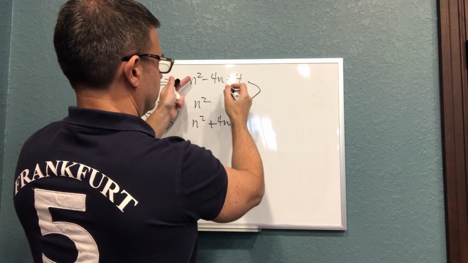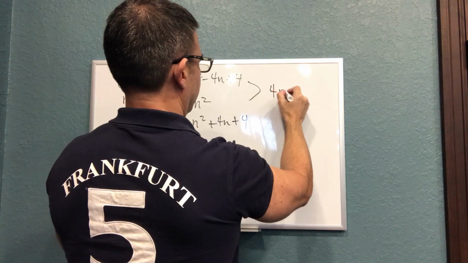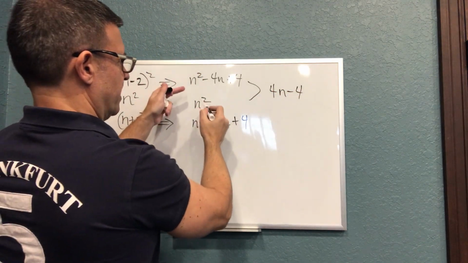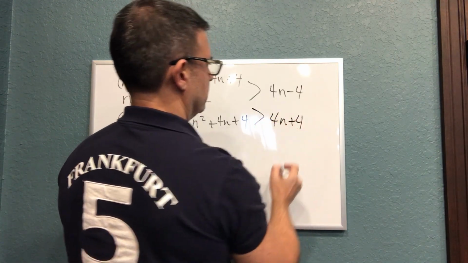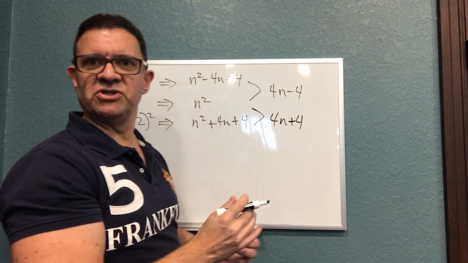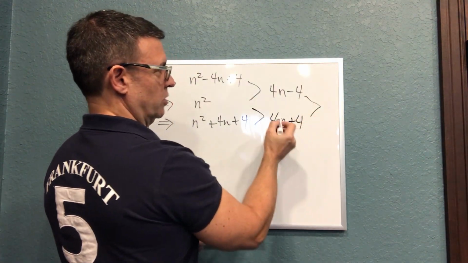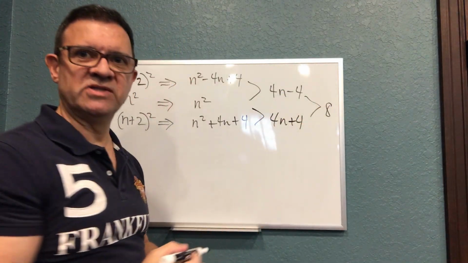If I take this and subtract that, I actually get 4n minus 4. And if I take this and subtract that, I get 4n plus 4. Now let's take again, as I mentioned, the difference of the difference. What do you get? Well, this minus this would just be 8. And hence, analytically,